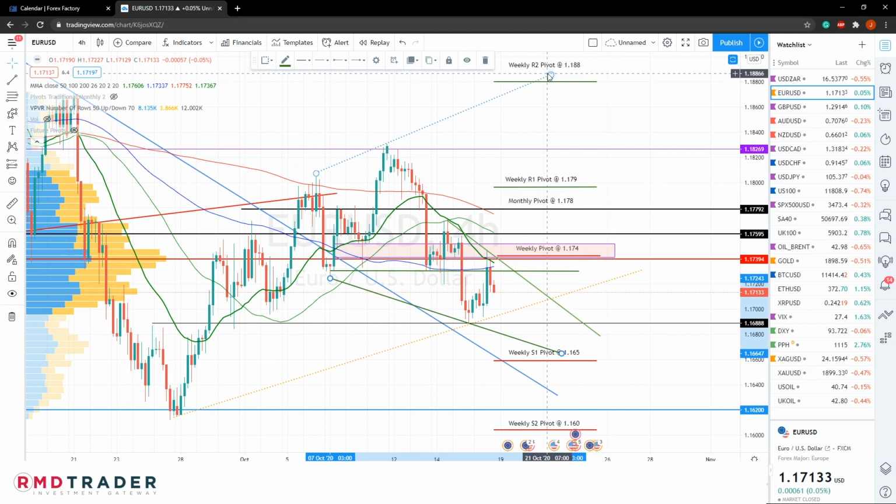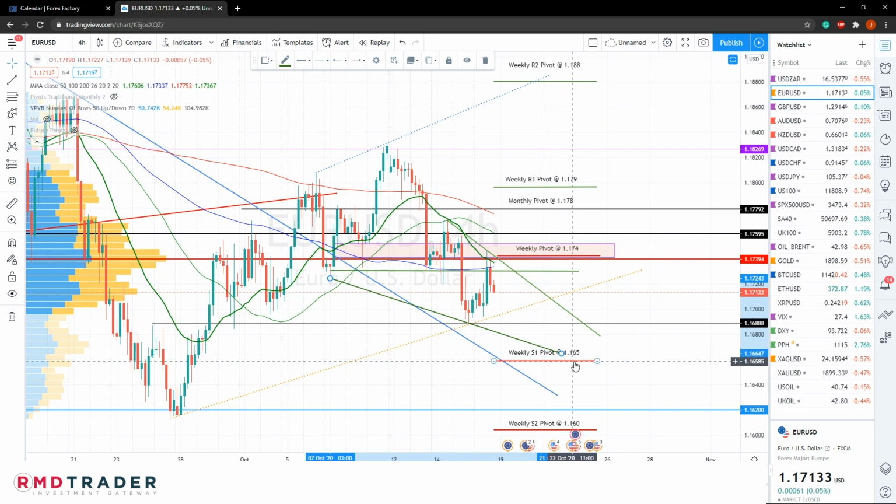1.188, which is the weekly R2 pivot for this week, but also a bigger target area going forward with a projected diagonal going up. If, however, we do not manage to get above this area of resistance at 1.173, the targets would be anything between the lower diagonal boundary that we have over here and perhaps our weekly S1 pivot